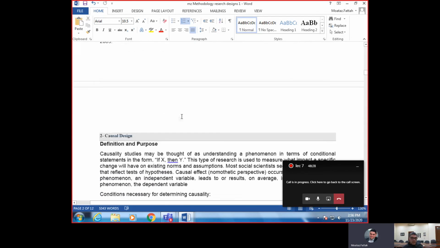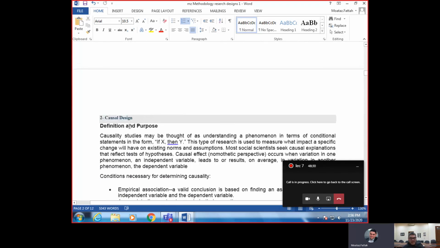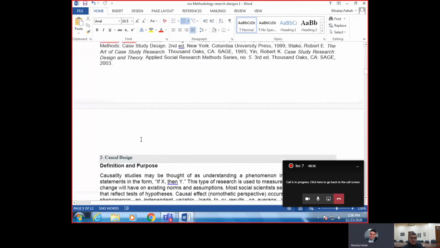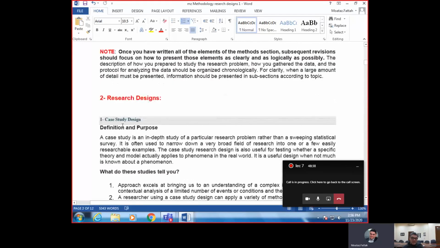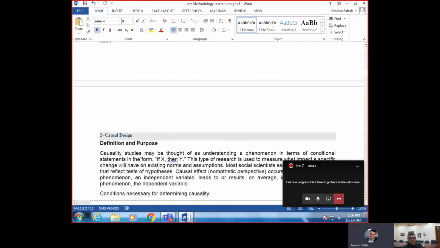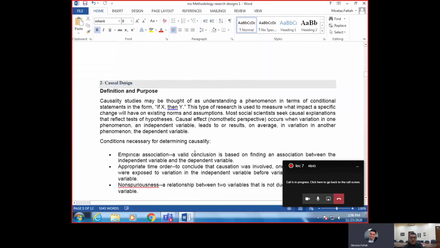Okay. We have another design that we call causal design. Here we are more empiricist. By the way, you can use, again, integrate case study design along with a causal design. What's causal design? You are trying to understand the relationship between X and Y. Okay. Islam and democracy, being oil-producing country and democracy,